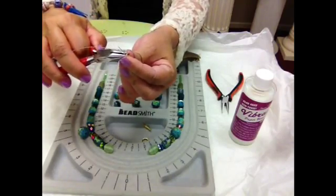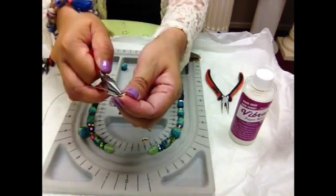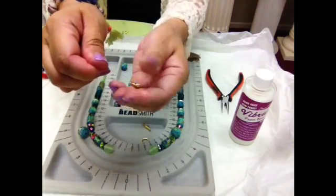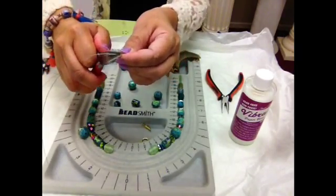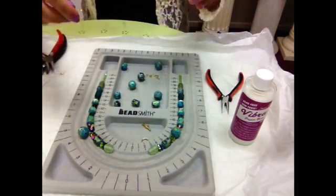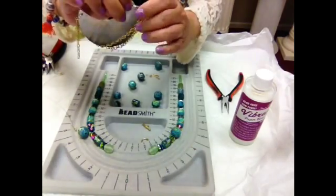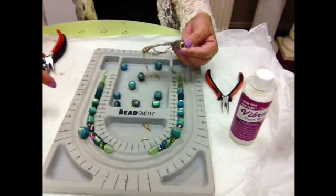So first I'm just gonna hold it and pull this, make sure that it's secure. Okay, now flatten it, and now you have this side finished. Okay, so just make sure. Okay, now what we're gonna do next is attach this into the jump ring. So I need to open the jump ring again and then attach this,